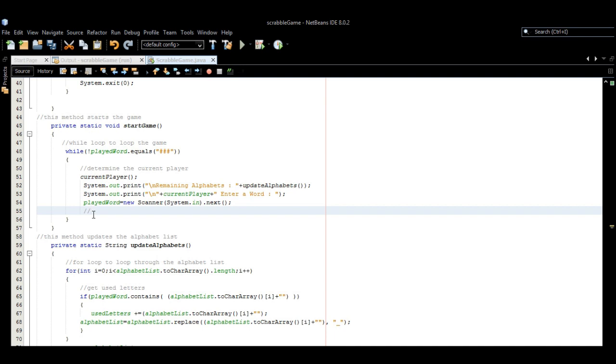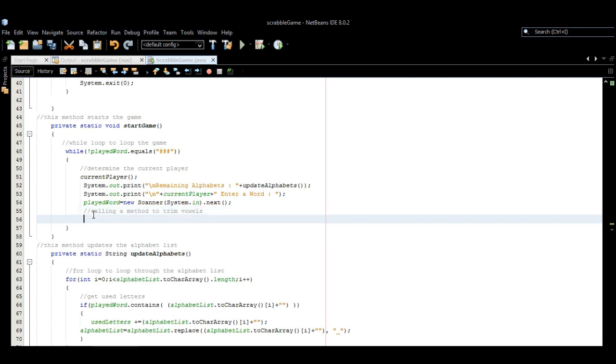I'm calling a method to trim. I want to trim vowels, so I'm gonna call this method trim vowels. Now guys, I'll quickly create this method,